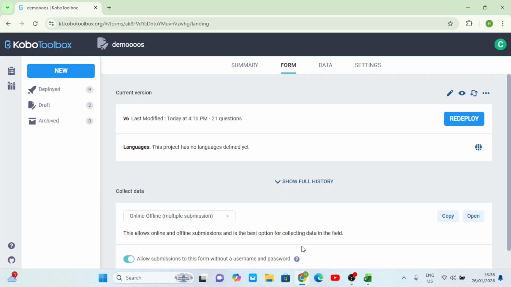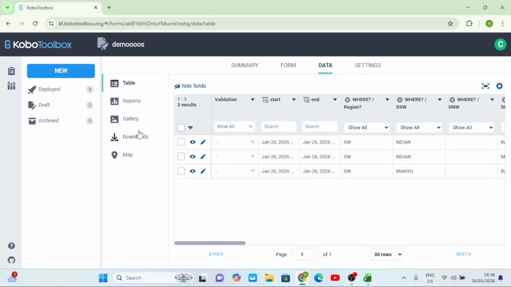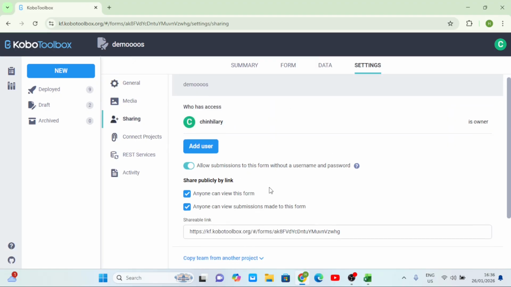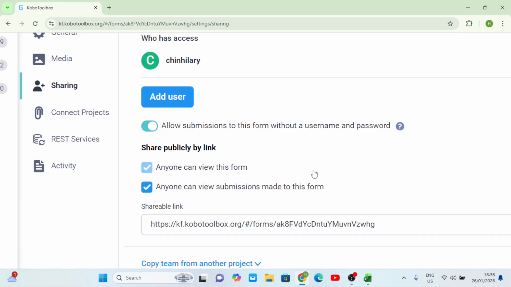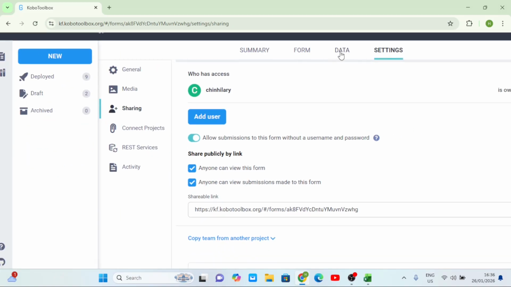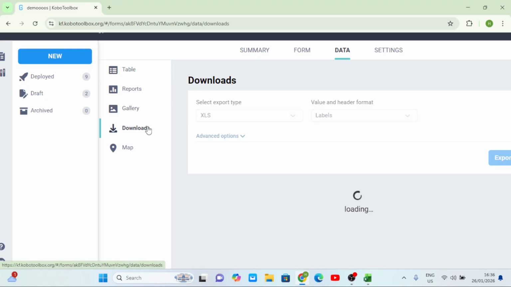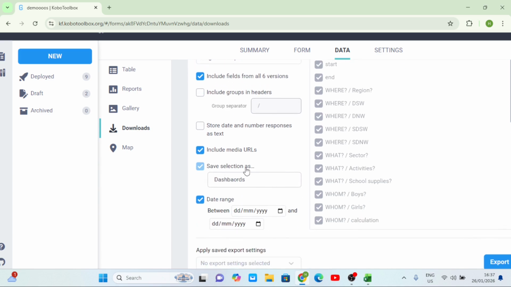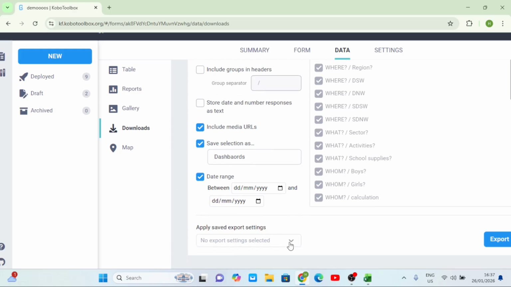Let's jump in. So to connect your form to Power BI, you need to find the API. So right here, I'm going to come here, go to my data, and first of all, go to settings, go to sharing, and then make sure that these two options are clicked. Once they are clicked, you go back to your data, go here to download, go to this advanced option, make sure you select single and separated columns, make sure you come here save as dashboard, and then here I'll prefer